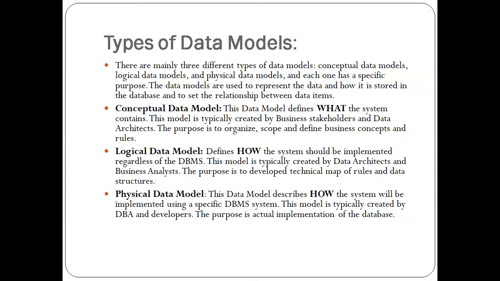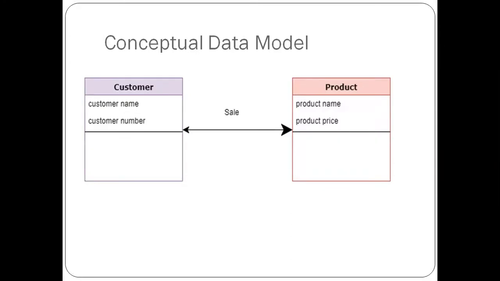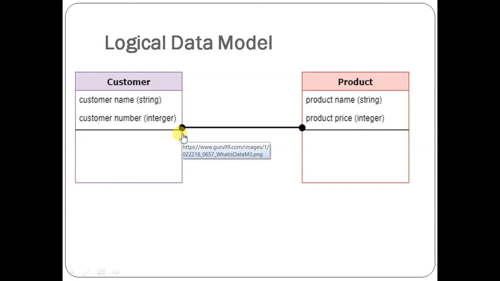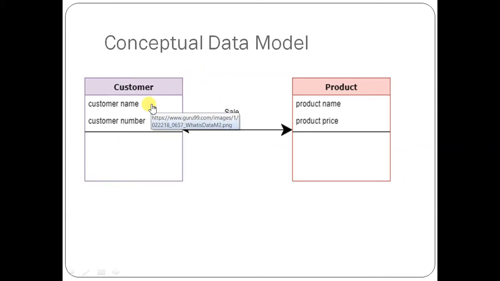Now, what is important is that data models are of three types: conceptual, logical, and physical. Conceptual means, suppose after studying a certain situation, you came to know that there is a customer and there is a product. So you will model it in this way, that a product is sold to a customer. This is a simple concept: there is a customer, there is a product, and a sale operation takes place between them. But when you go a little deeper and apply what kind of data will be stored, it is called the logical model. So just note the difference.